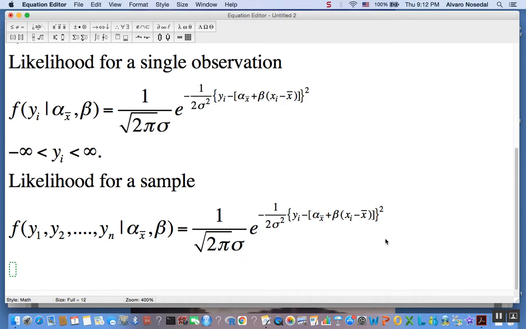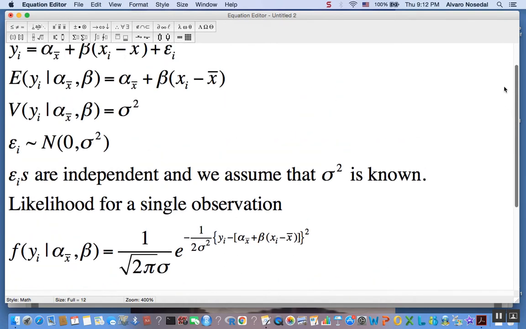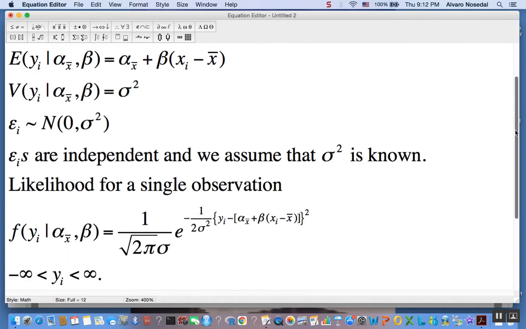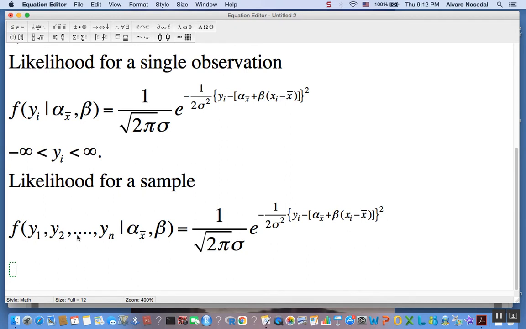So what we know is that since the epsilons are independent, the yi's inherit that independence. The yi's are also independent. And we know that the likelihood of a sample of independent observations is just the product of the individual likelihoods. Okay? So let's multiply those guys. So it's going to be the likelihood of the first observation